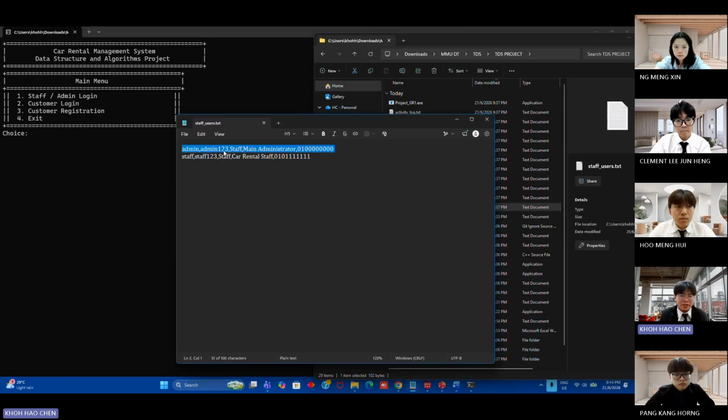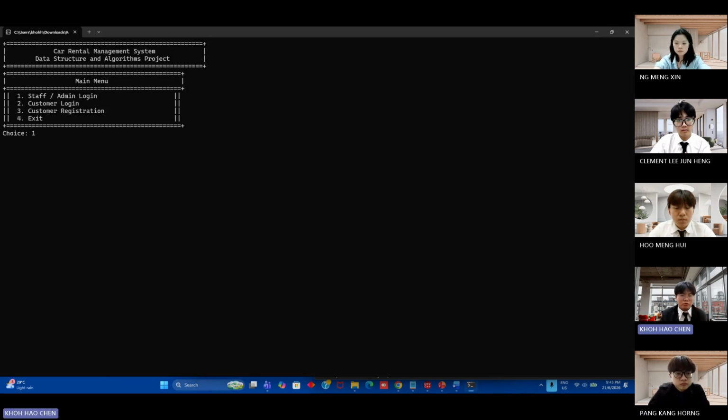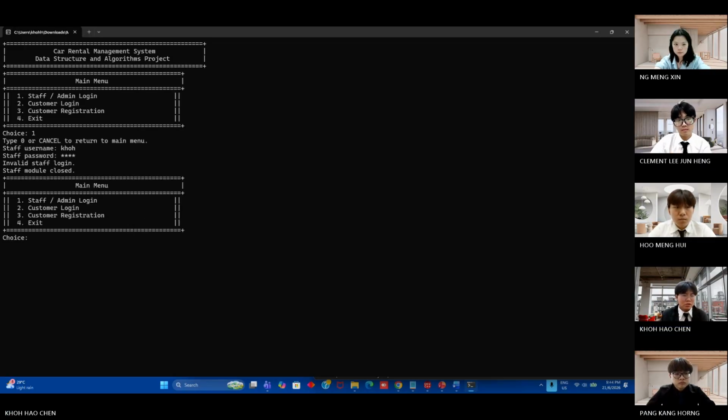This is a sample of the username, password, name, and phone number. If I put a username and password that are not in the text file, it will show a staff login failure.